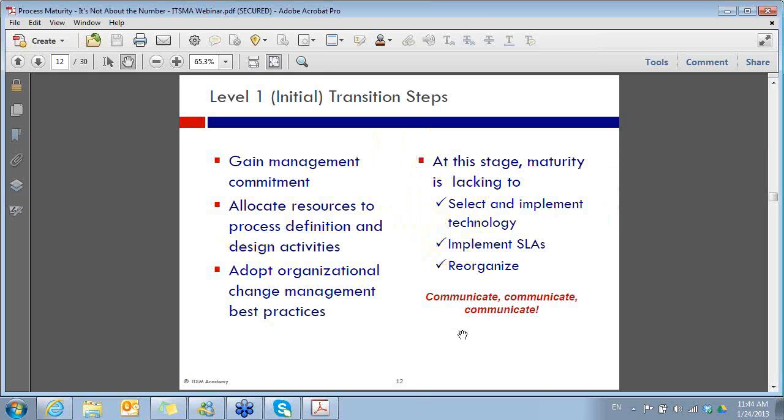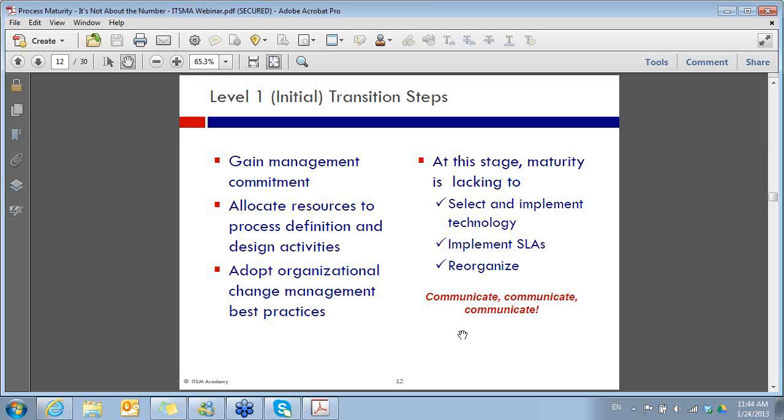So at this stage of the maturity, it's important to understand that what you should not be doing is going out and buying technology and letting your technology define your processes for you or design your processes for you. So if a vendor is telling you, hey, buy our tool and you'll get the processes with it, they kind of don't get it. And if you're kind of saying, oh, goody, you kind of don't get it. With all due respect to everybody out there, the tools come before the rules, so you have to do your process work before you go out and start looking at technology.